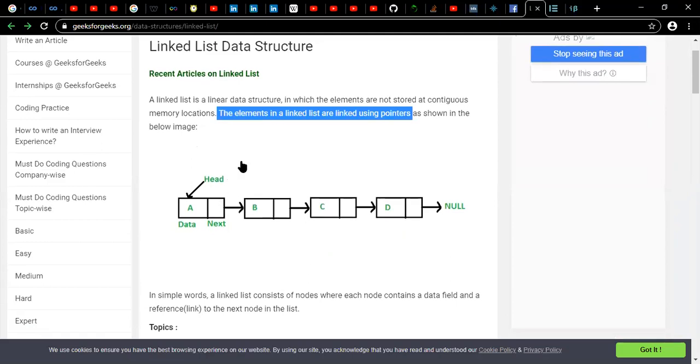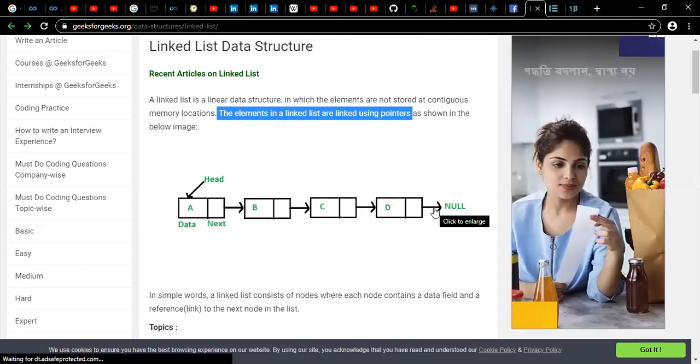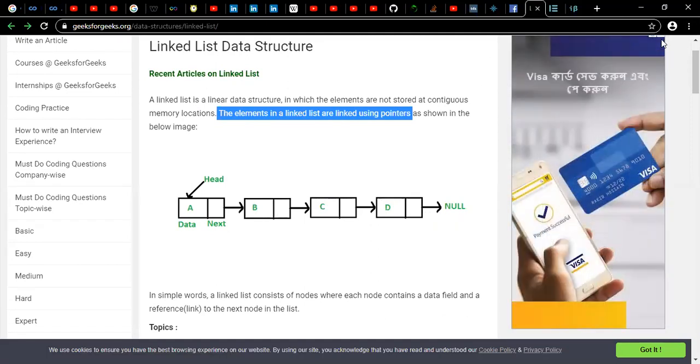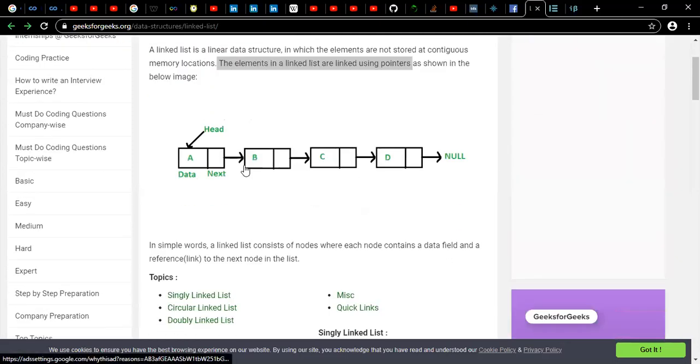So here, as you can see, A, B, C, D are elements of a linked list. These are stored using a linear data structure and pointers. So where is the pointer here? You see, after A, there is an arrow pointing to B. After B, there's an arrow pointing to C. If I draw here, this is our first data, this is our second data, this is our third data, and this is our fourth data. So A is the first, B is the second, C is the third, and